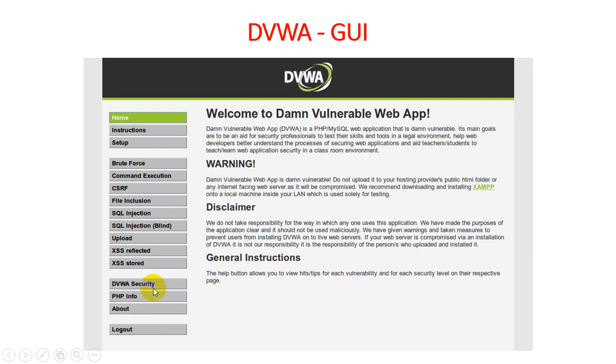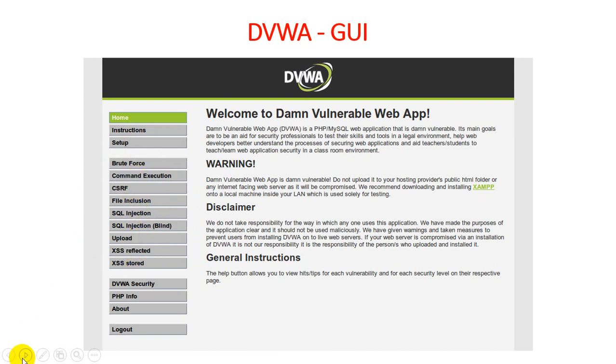On the security level, as we discussed, there are four security levels we can set with the DVWA security option, and the rest of the features provided by DVWA are the ones discussed on the previous slide, like brute force attacks, command execution, CSRF, file inclusion, file upload, SQL injection blind, XSS reflected, XSS stored. All the options are provided to verify whether a particular website is vulnerable or not with different criteria.